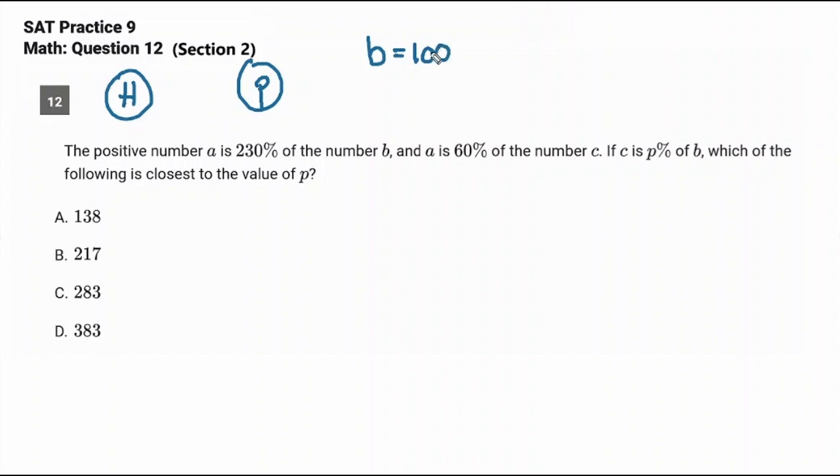If b is 100, then a is 230% of b, so a is 230% of 100. Go ahead and do it. 230% of 100. So a is just 230. a is 60% of the number c. So a, 230, is 60%